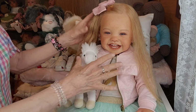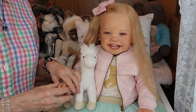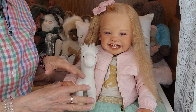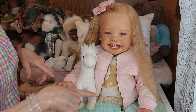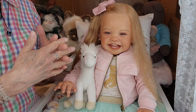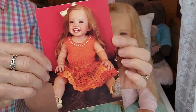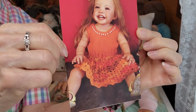So the Millisculpt is an open edition. There is no COA that comes with her. However, I'm going to show you when I change her, Ping Lau, her sculpting artist, actually signed her body. And so that's really exciting. That to me is much better than a COA. And this is one of the pictures that Emma sent in a picture book